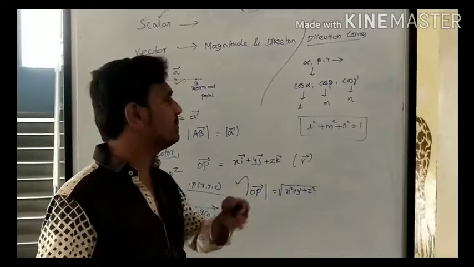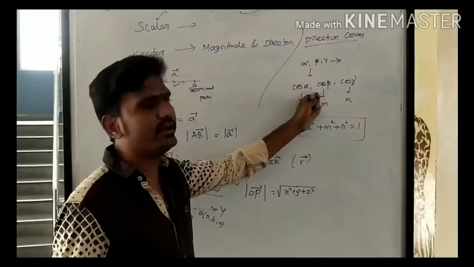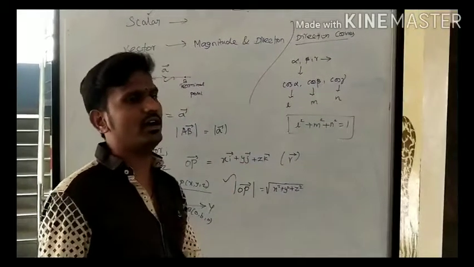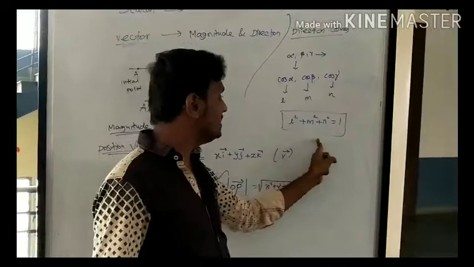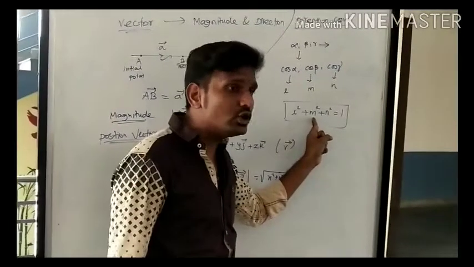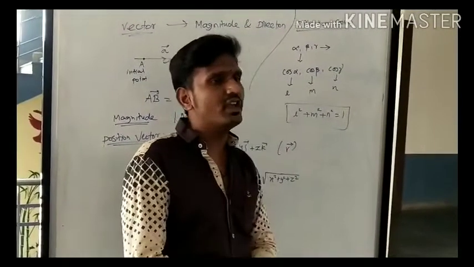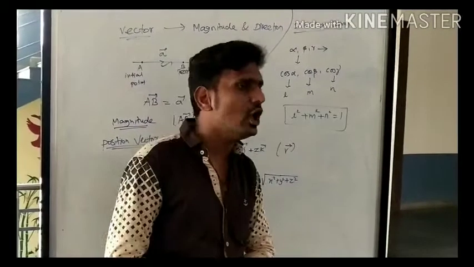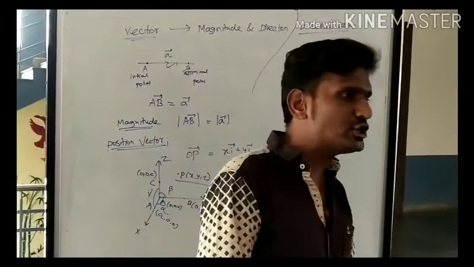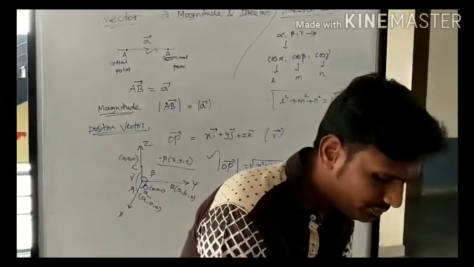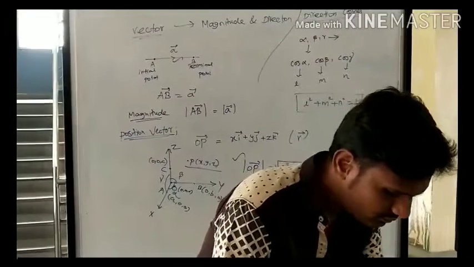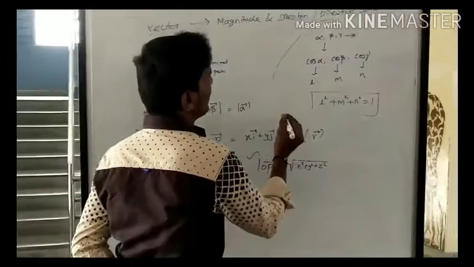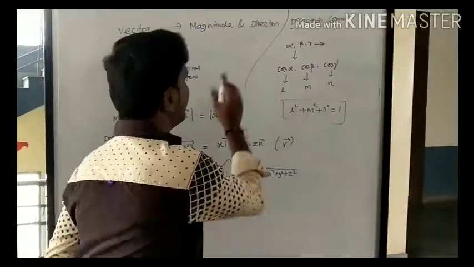So they give some examples related to cos theta as well as cos gamma. When we add these three squares and get the answer equal to 1, that is called direction cosines. The given angles satisfy the condition of direction cosines. Okay. Have you understood? Okay. Now, before that, I want to say one thing. The direction cosine I have already told you.